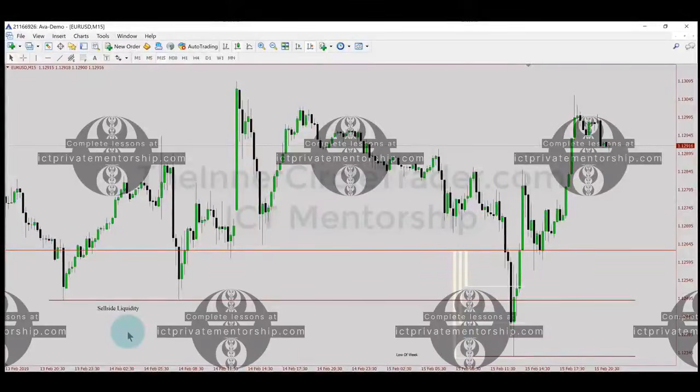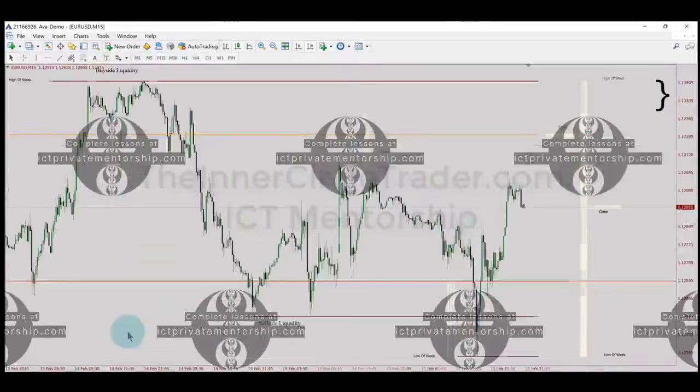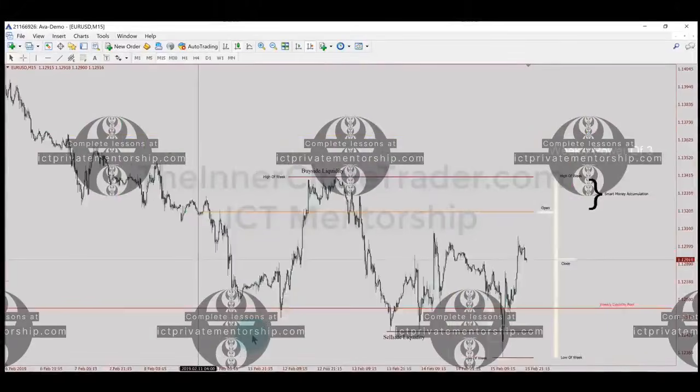So if we go back and we look at that idea of when the market is seeking that higher time frame draw on liquidity, which again is that weekly liquidity pool, from Wednesday down to here, we're above that opening price. So all up in here, we're close to, if not at, the very high of the week.